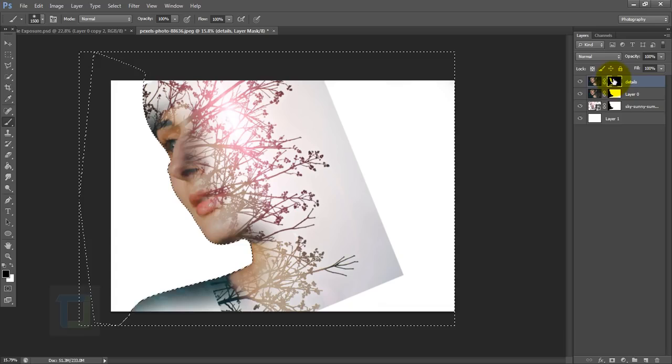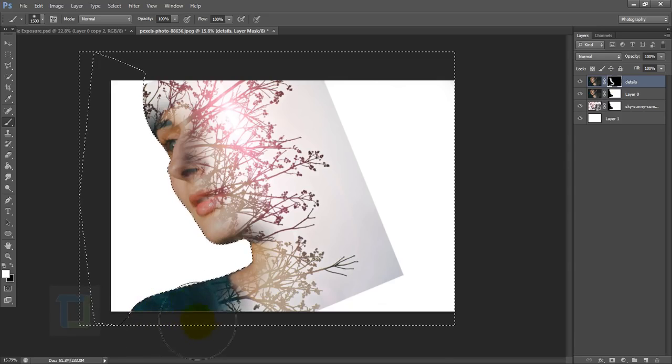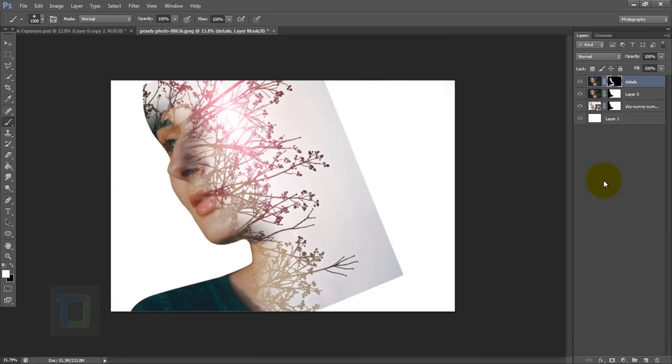Now go back to the layer mask of detail layer where you wanna bring it back. And now you can paint with white color to bring it back, something like this, you know. And now to get rid of the selection, you can go to select and deselect. Okay, now we need to get rid of the sky in this branch layer so it blends properly with the